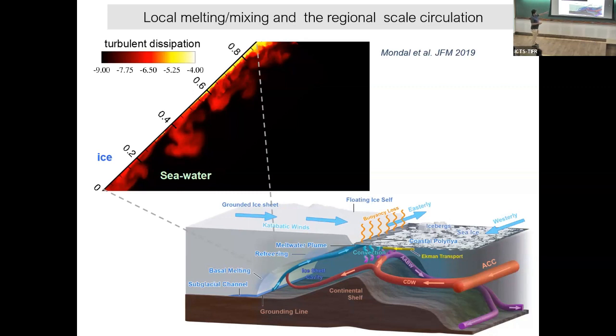And then when your ice melts, what do you expect? You expect fresh water, because ice melts. What does the fresh water do? It likes to go up, but now it has a slope. So it will form a plume, hugging the ice and going up. Because of the fresh water, the boundary layer is so tiny.